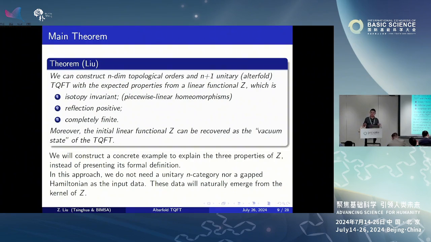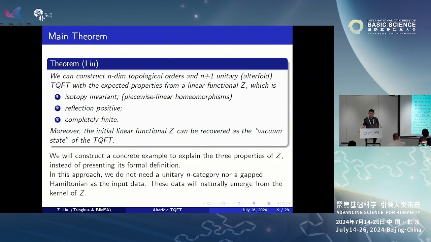So if you ignore the A color part, then it's even easier to state. You just have an n+1 dimensional manifold with boundary. And the original theory lives on the n-dimensional boundary. And the n+1 manifold is colored by B, the bulk color. So this essentially is a theory with two kinds of boundary. Not like the usual TQFT, where we have a time boundary that we can take composition of, this theory also has a space boundary. We call that TQFT with space-time boundary.